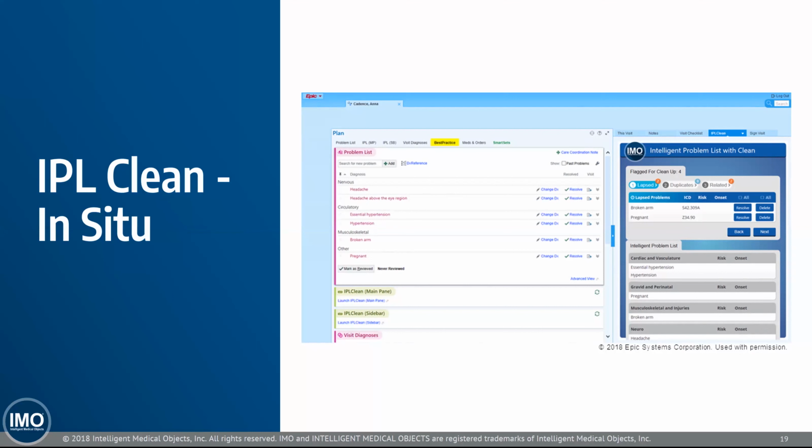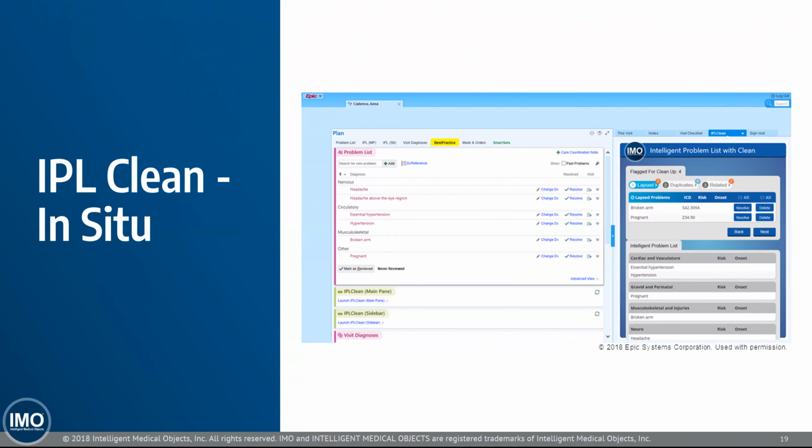Once we identify whether there are any of those there, and we see a problem or problems flagged, we can return an alert to Epic and fire a best practice alert that will alert the provider to the presence of cleanup opportunities. That best practice alert is a passive alert, and it is the lowest level, a suggestion level, so that it is not intrusive, not in the provider's space, and does not appear to be a critical issue, because we're certainly sensitive to alert fatigue and don't want to introduce that ourselves. But we do want the provider to know that they do have an opportunity to clean up the list and make it more usable.